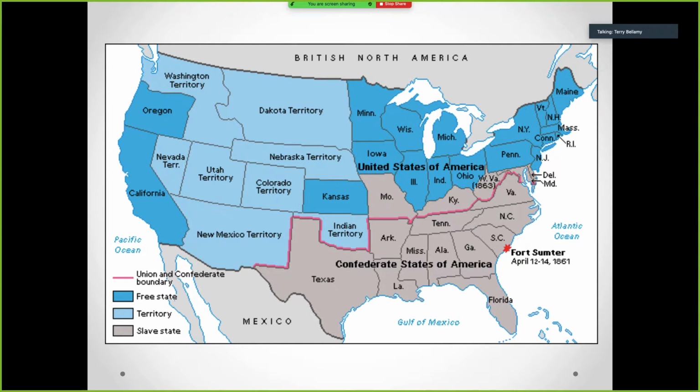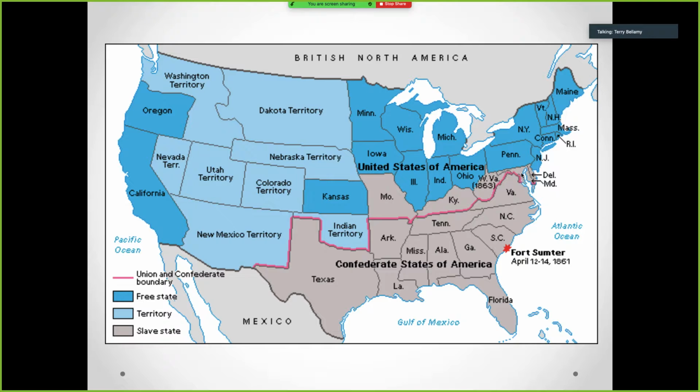But look at the location of Washington, D.C. right here on the Potomac River. Can you see my cursor right here? If I do this, sometimes it gets big. I don't know. It's not right now. You see my cursor right there? That's where Washington, D.C. is located. Any issues with our border states here? Or potential issues with the border states? Washington, D.C. is surrounded by slave states.